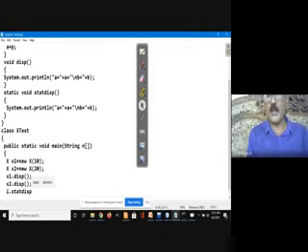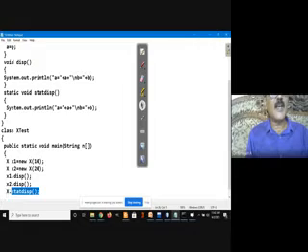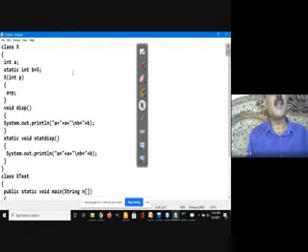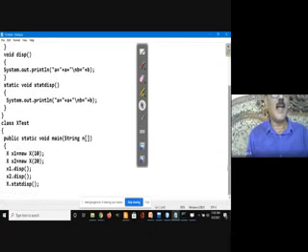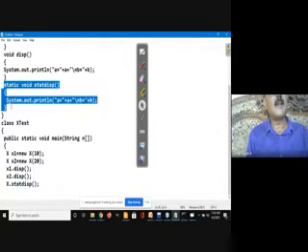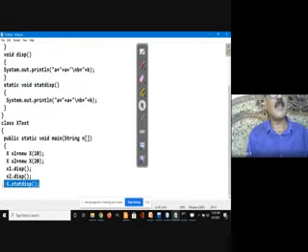So look at the difference between the way I am invoking a non-static method and a static method. When you are invoking a non-static method, you require a key. When you are invoking a static method, you don't need a key. Directly you can access it using the class name. What is the name of the class? X. I'm using X directly here to access the method. A static method can be accessed directly using the class name.